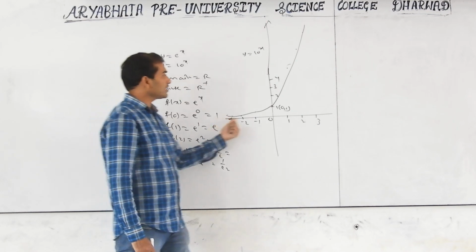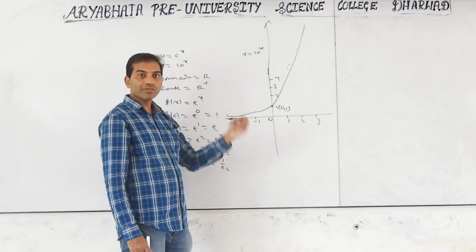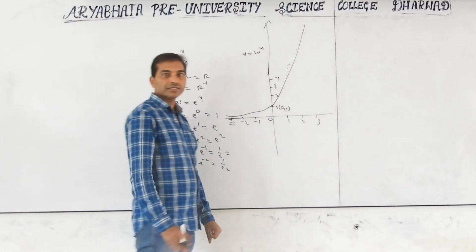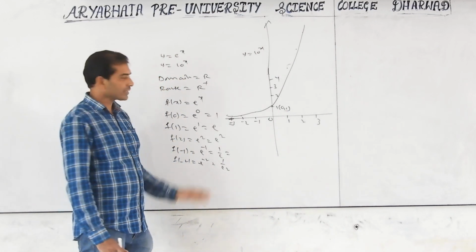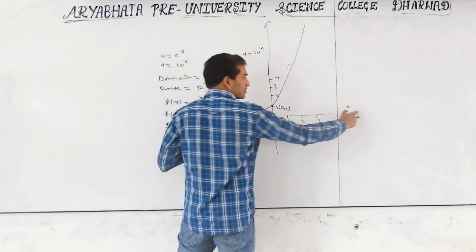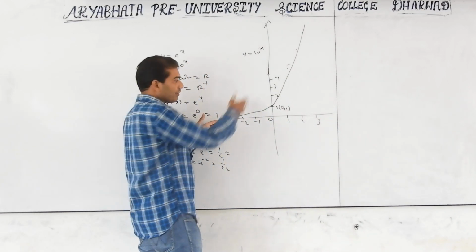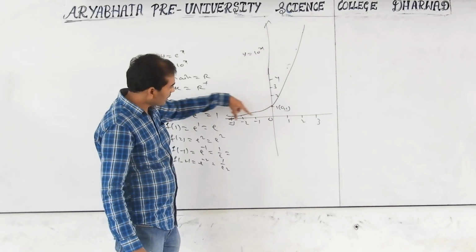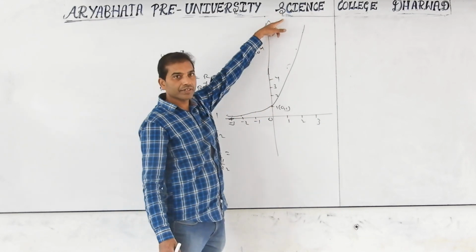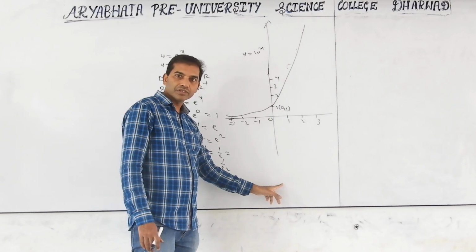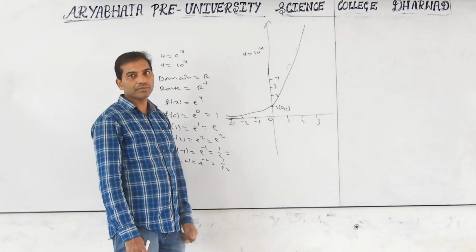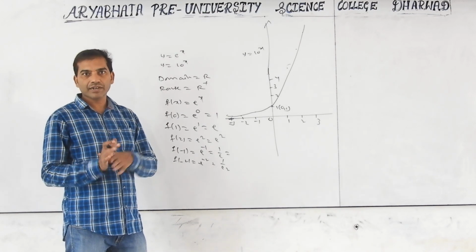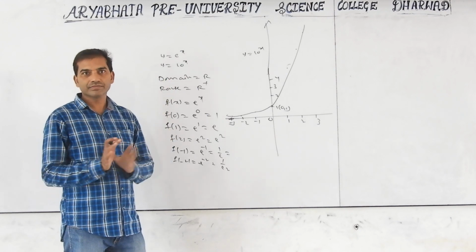How much of the y-axis this graph occupies, that is the range. How much of the x-axis this graph occupies, that is the domain. So the x-axis from negative to positive, real numbers, that is the domain. The y-axis we consider as range. The graph on the y-axis starts from 0 and goes positive up to infinity. There is no graph below. So the range is positive real numbers. As per the graph, domain means x-axis, range means y-axis.